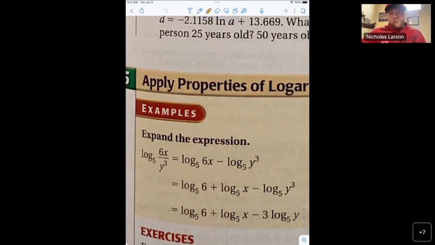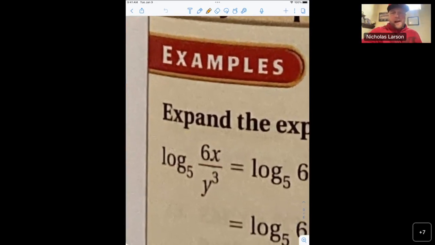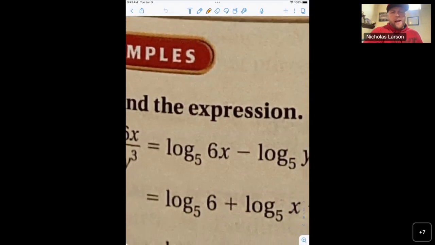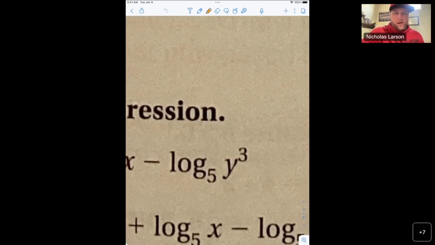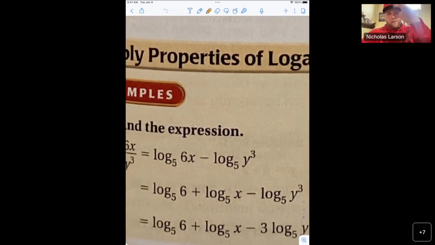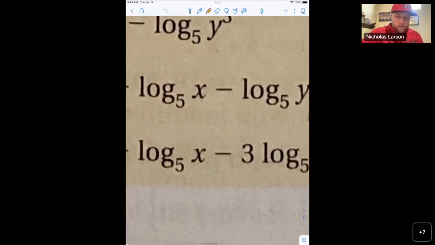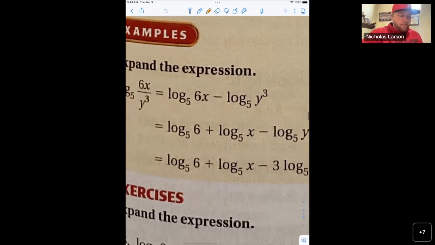So two things you're going to be asked to do are expand and condense expressions. And again, using properties. So of my log, if I see division, that corresponds with subtraction. And anytime I've got an exponent out front or in my log number, I can move that number out front like is seen right here. I can get rid of that exponent and we want to do that.